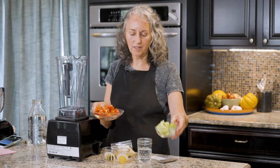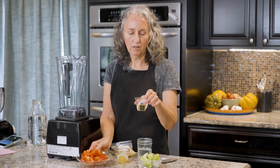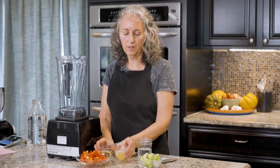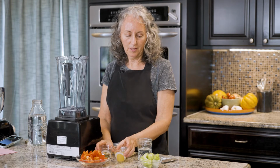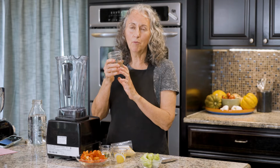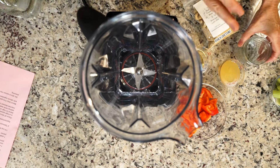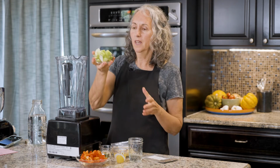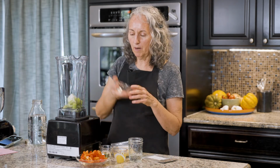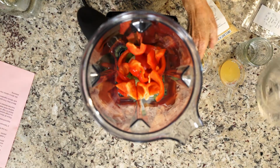That's all you need is a red pepper and a stalk of celery, and a little olive oil or avocado oil, any kind of oil, and a little lemon juice and water. We usually use about a half a cup of water, but I'd like to just put about half of that in to start with to see if we need it to be that thin. And then put the celery and the red pepper on top of that, and then the oil